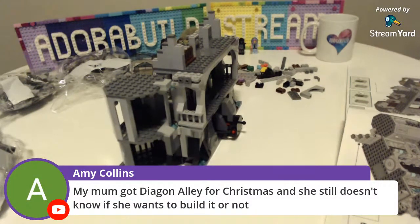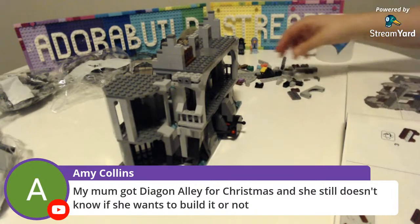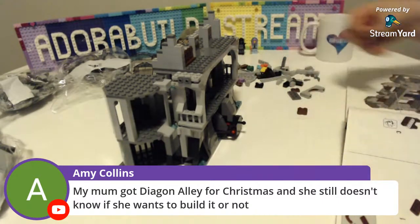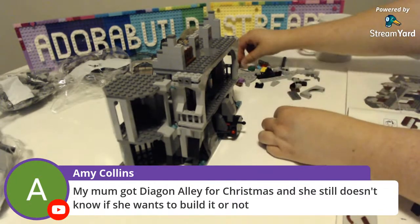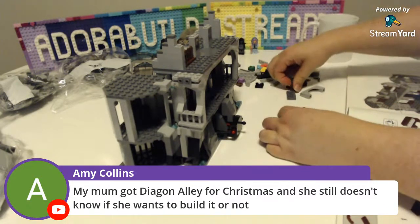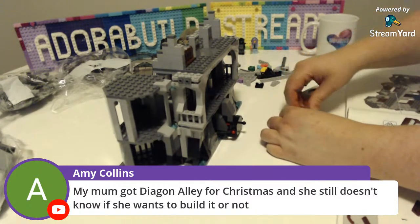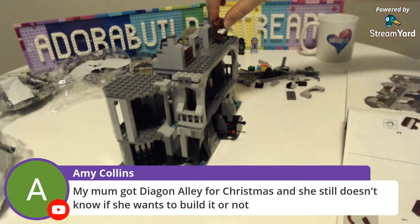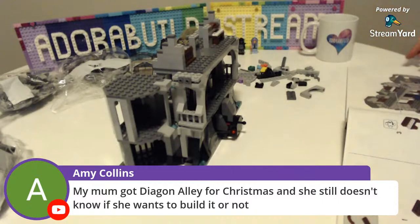Oh no, your mum got Diagon Alley for Christmas and she still doesn't know if she wants to build it or not. I loved that build so much. It was so much fun. But it does take up a lot of room. So in my Harry Potter room, I will probably end up taking all my Avengers stuff off the shelf and putting all of that into storage, and then putting Diagon Alley, maybe the Burrow, Privet Drive, all up onto the shelf above the Hogwarts area. So then I've got a little bit more space